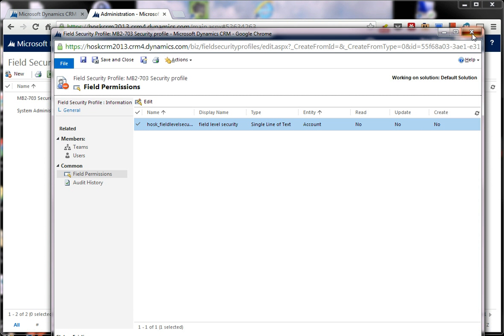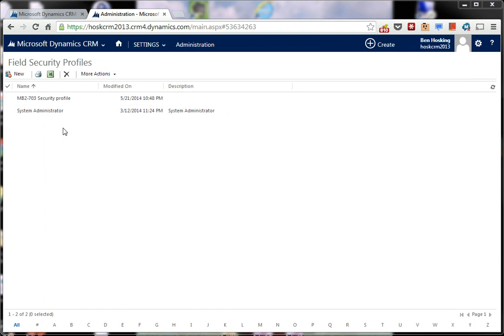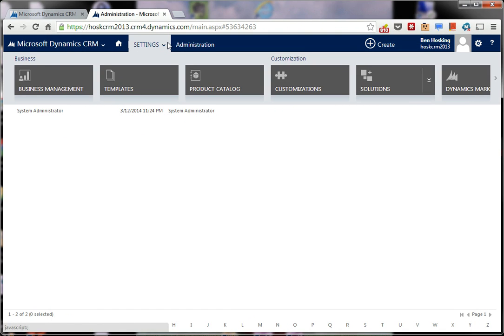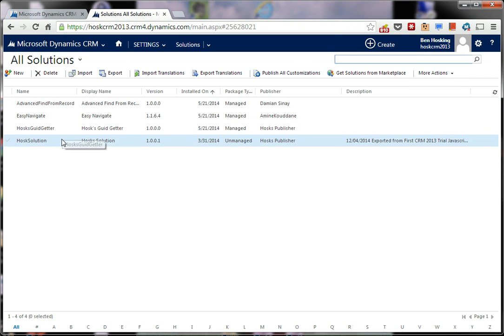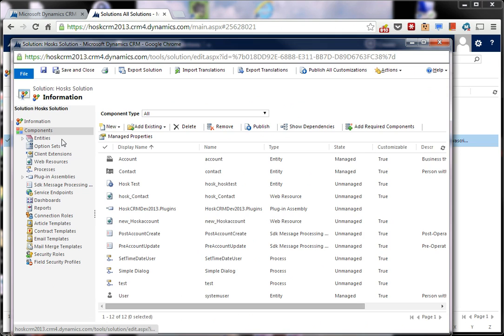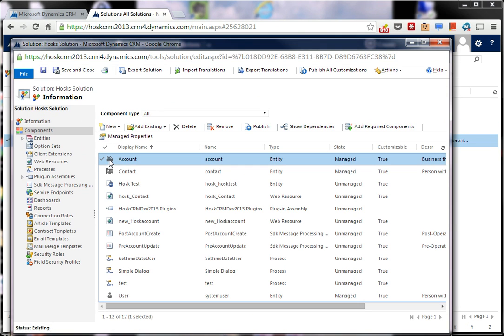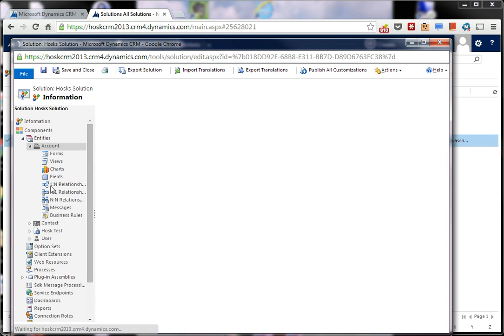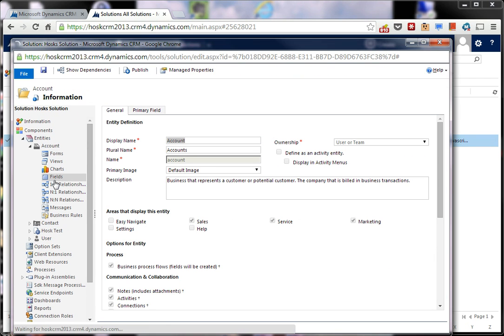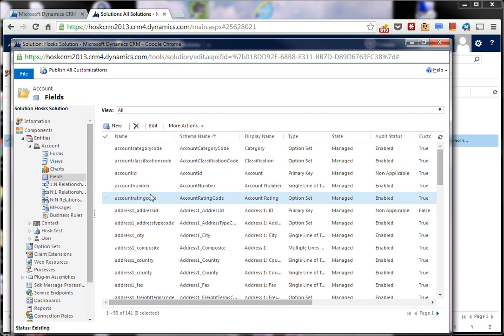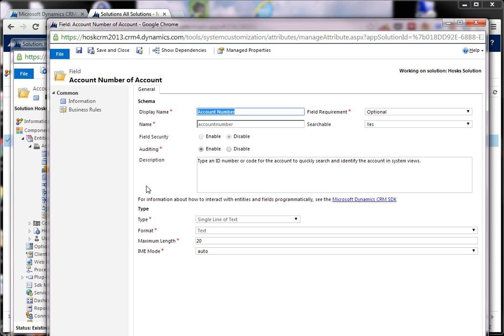So really your first step is you can create a field security profile, but you probably won't have many fields in there. So really we should start with what fields are we going to add in to field level security. So we need to go to solutions, choose your solution. Right, we'll go into account and go to fields. Now an interesting thing, if I choose account number,